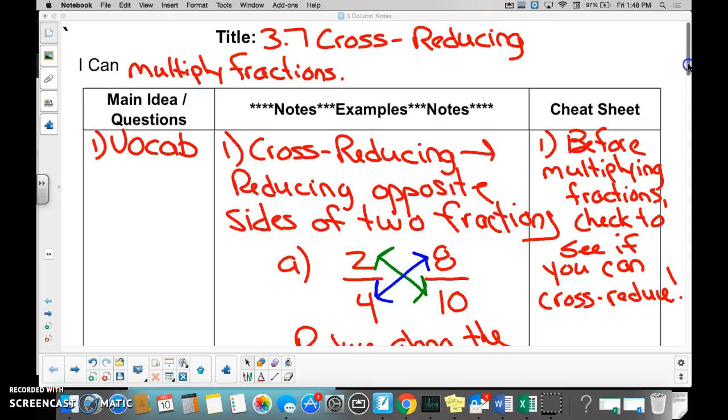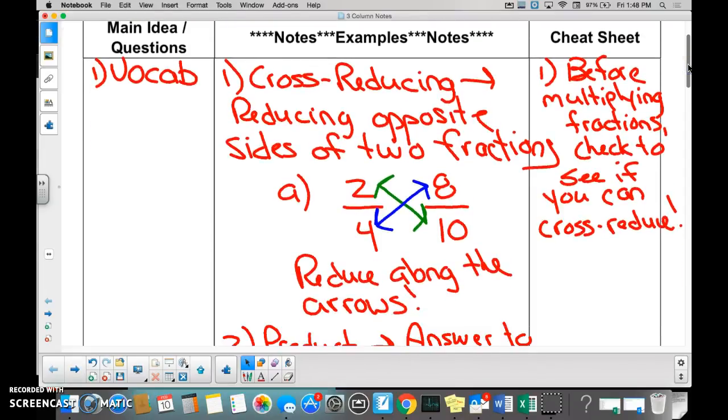So cross reducing, the definition of it is looking at opposite sides of two fractions. So this 4 and this 8 are complete opposites. 4 is on the bottom, 8's on the top. 4 is on the left, 8's on the right, right? They are complete opposites in every way. Therefore, it tells us if we're going to multiply fractions, we can cross reduce them if they have a common